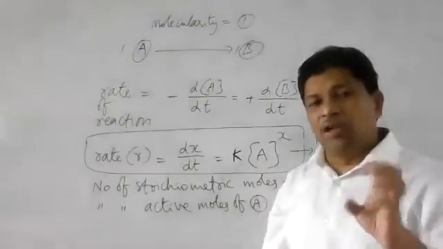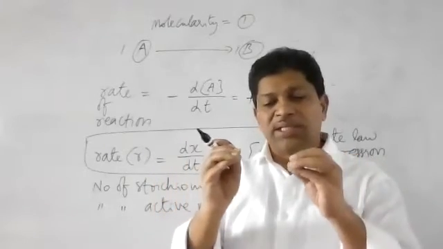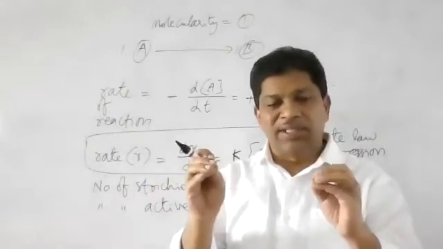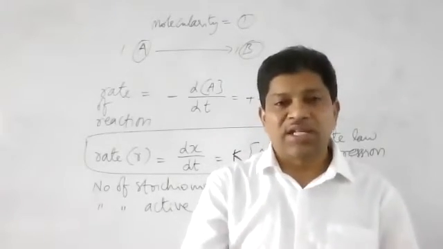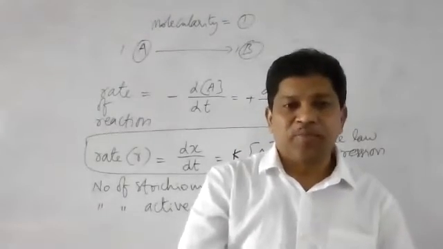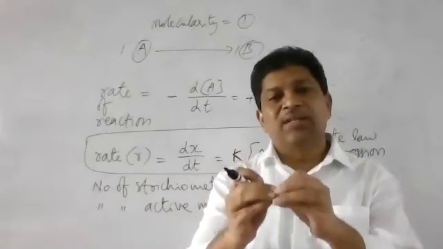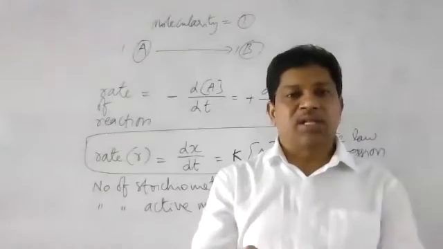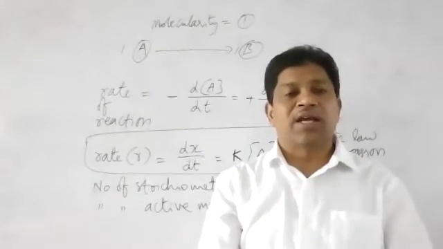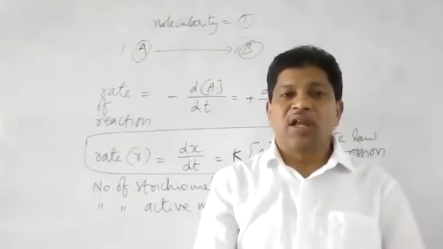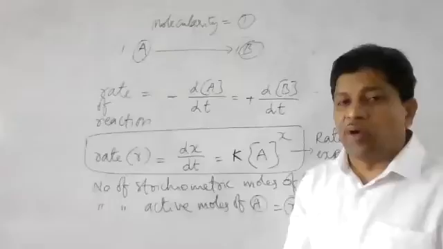Remember that the molecularity of a reaction cannot be more than 3. The number of reacting species, atoms or ions or molecules, colliding simultaneously with each other in a given step to convert into products is called the molecularity of the reaction. Molecularity is a theoretical value. Theoretically, by looking at the balanced equation, we can get molecularity.